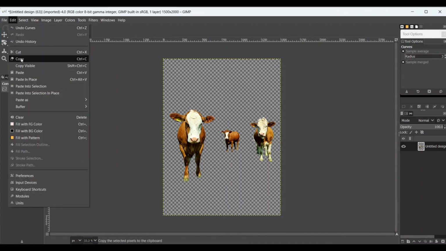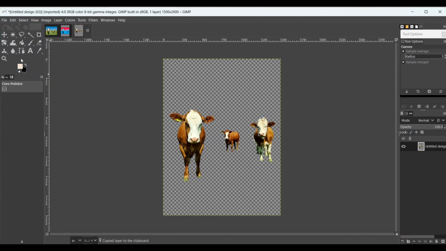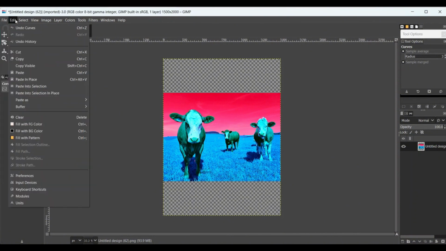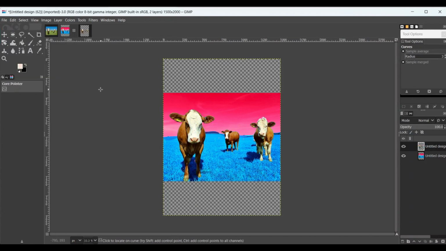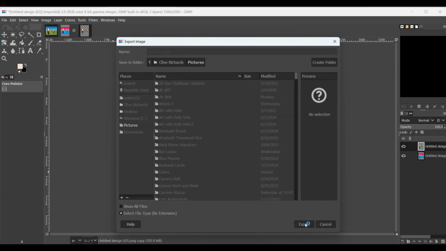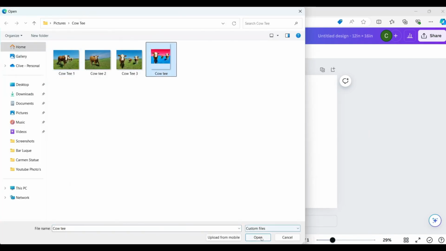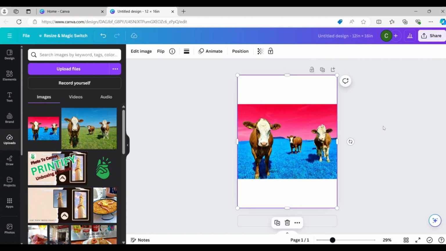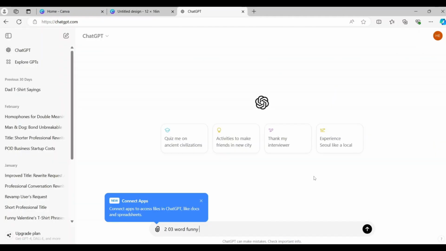So now I made a copy, brought up the one with the background, which I'm happy with, and then I pasted it as a new layer over top of the interesting background. So downloaded that, brought it back to Canva, and now I have my real cows with kind of a surreal